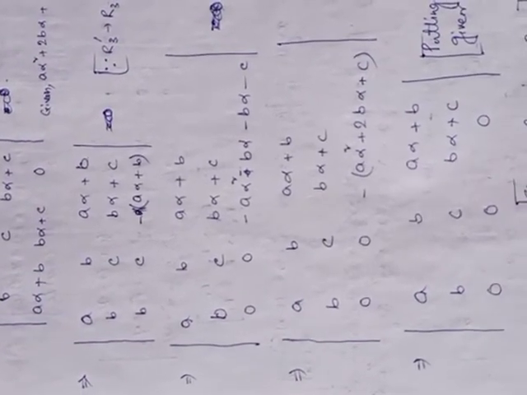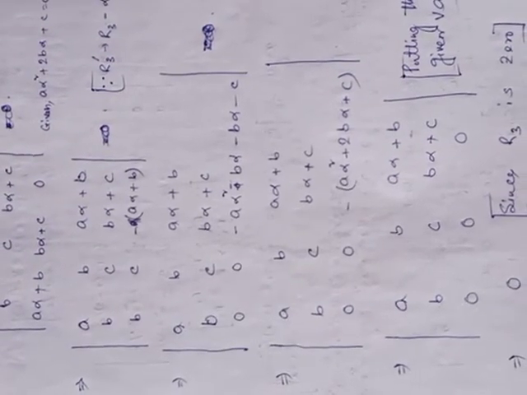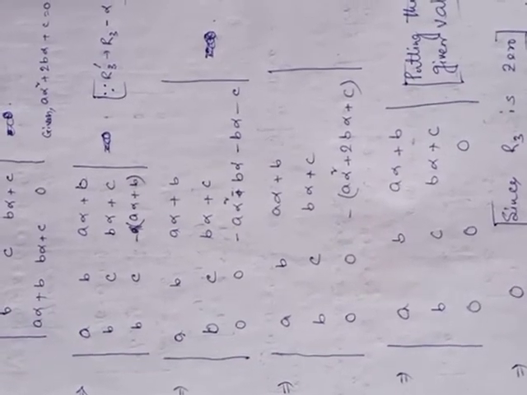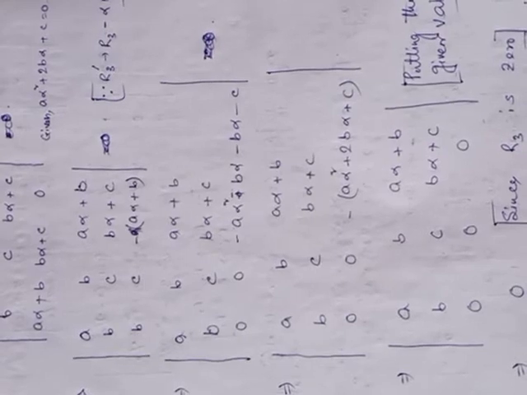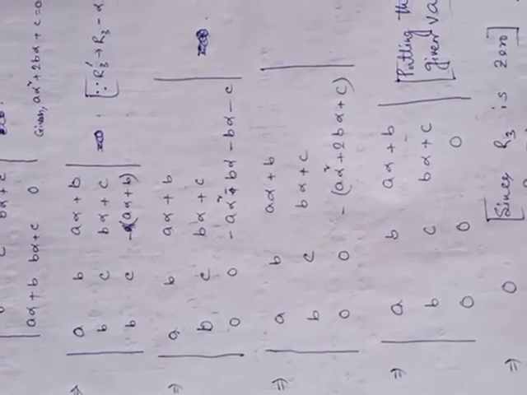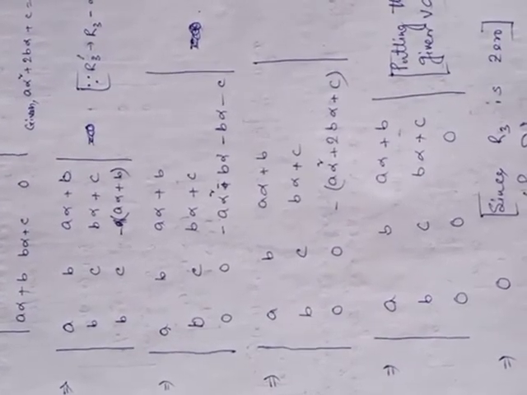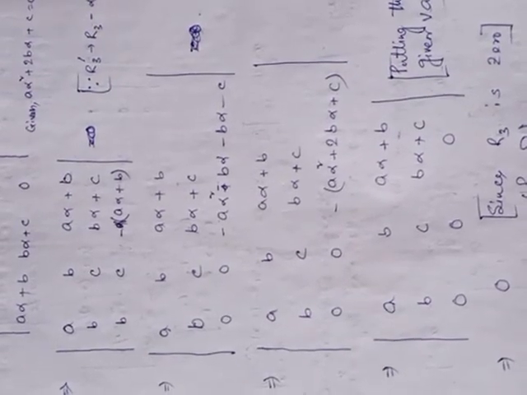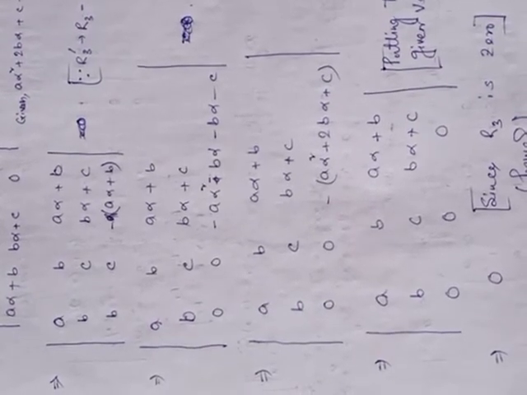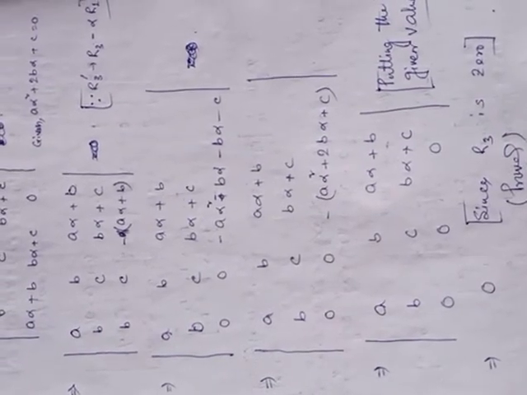So now a, b, 0, b, c, 0, and a alpha plus b, b alpha plus c, minus a alpha square minus b alpha minus b alpha minus c. That means we are applying R3 dash equals R3 minus alpha R1 minus R2. Okay,